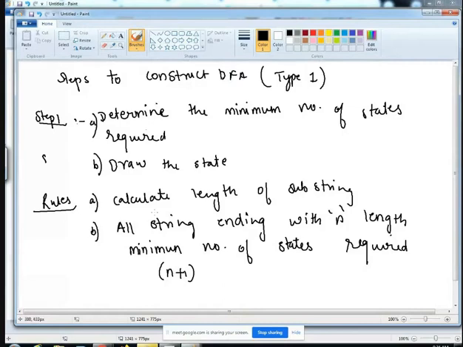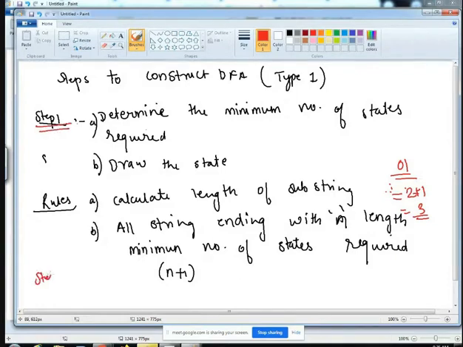So it is saying that if the length of the string is n, that means if I am talking regarding strings ending with 0 1, the length of the substring is 2. Therefore we can say the minimum number of states required will be 2 plus 1, which will be equal to 3. Right? This is your minimum number of states required for a problem in which you have strings ending with a particular substring.